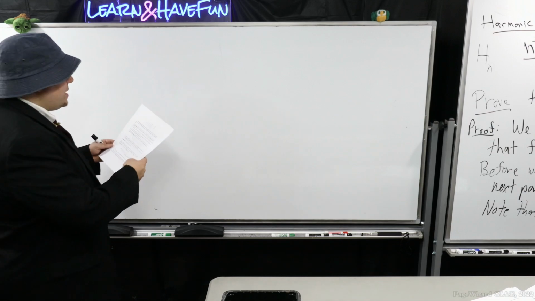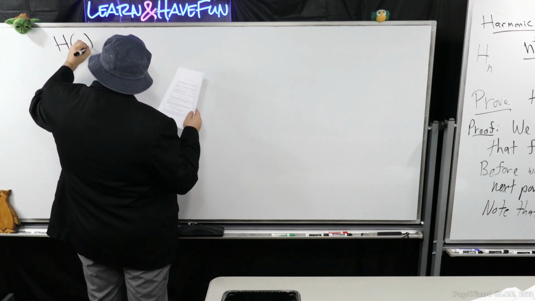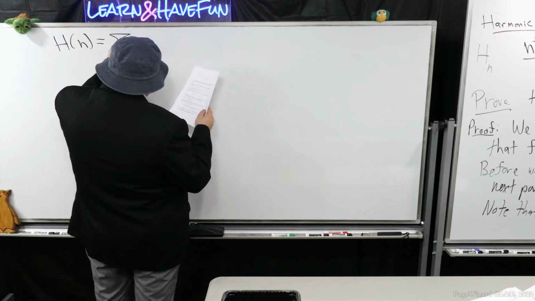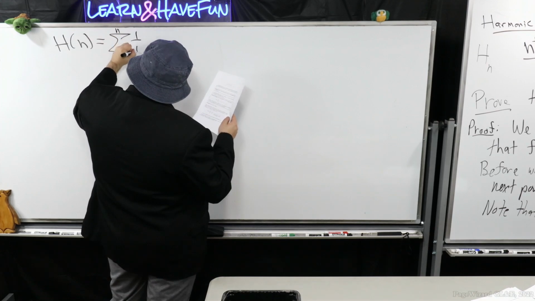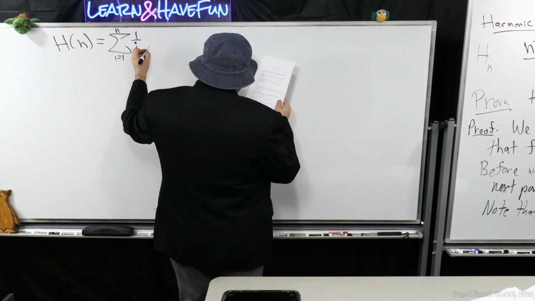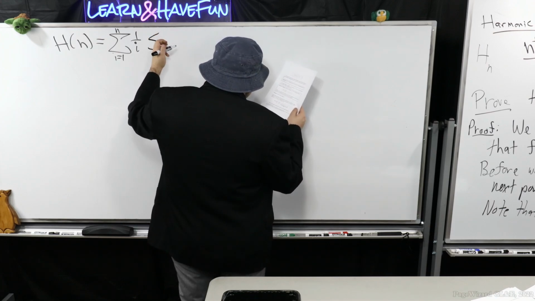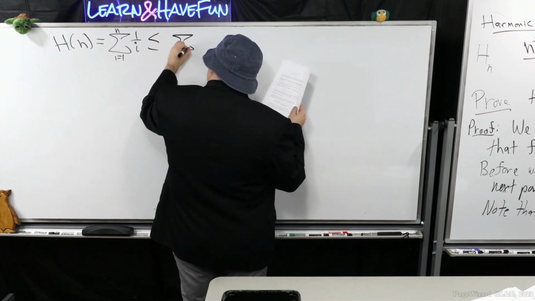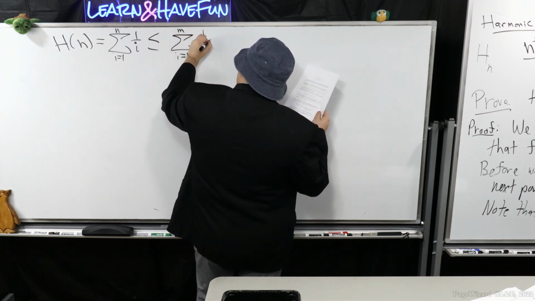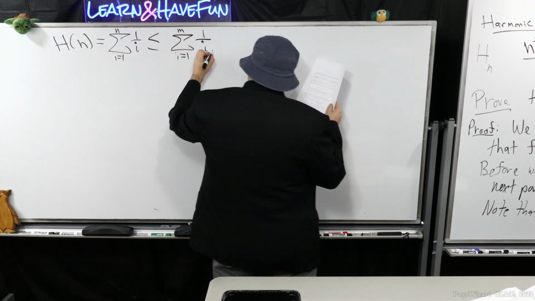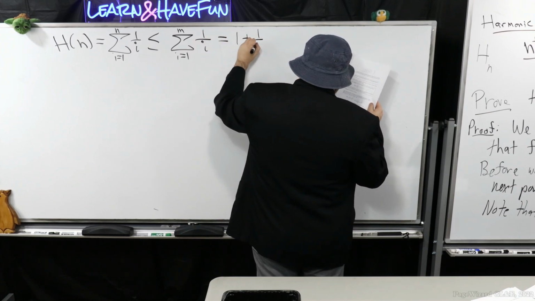So h of n is equal to the sum from i equals 1 to n of 1 over i, which, because of the way we defined it, right, it has to be less than or equal to the sum from i equals 1 to m of 1 over i, which, if you think about it very carefully, is 1 plus 1 over 2